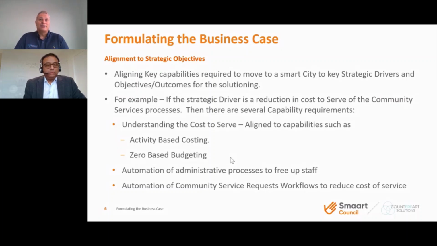So when we understand that cost to serve, then we have a much better ability to actually drive towards administration savings, freeing up staff to do more important stuff for council, and also driving key benefits from a customer perspective and making it customer centric. So even though we are looking at this from a financial lens, we do have a customer centric outcome that we're focusing upon.